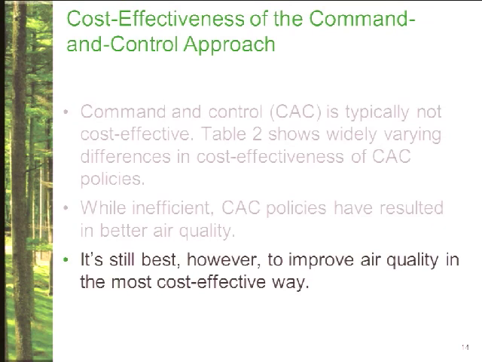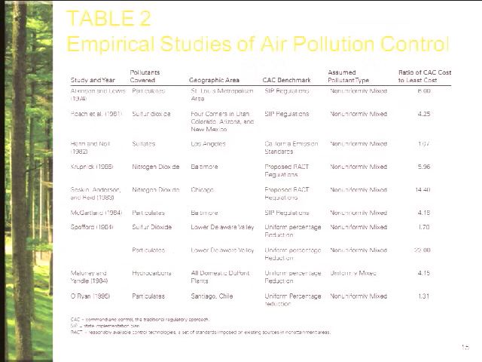Let me explain this table. The first column is a number of studies, most of which were conducted in the 1980s. There are more recent ones, like 1995. These are the pollutants that they covered in their analysis. This is the geographic area where the study was conducted. This is the benchmark, or the target or the standard, set by command and control. And if we look at this first study,